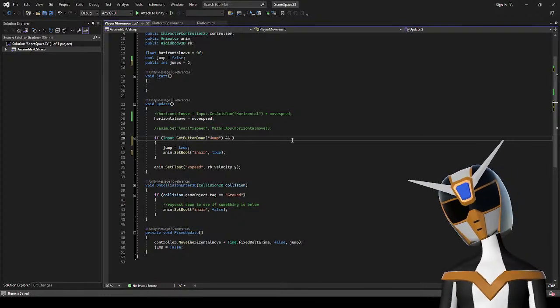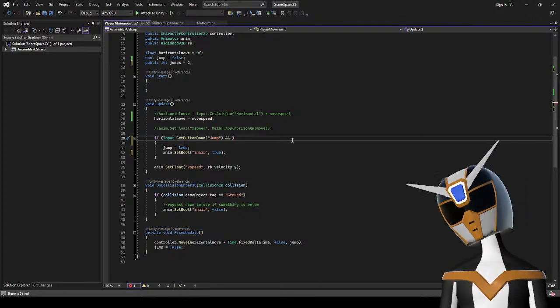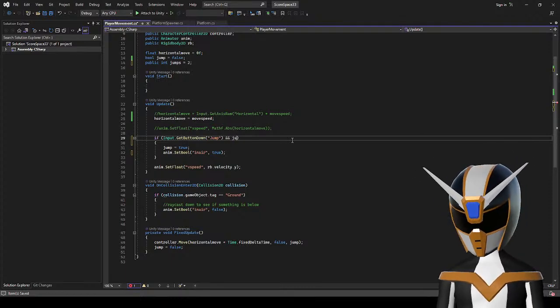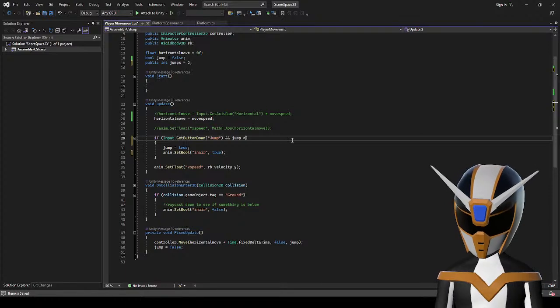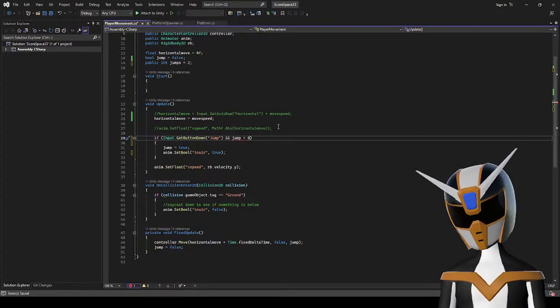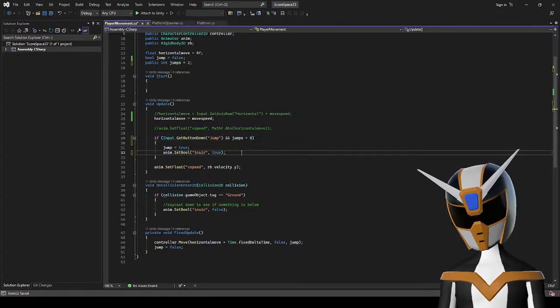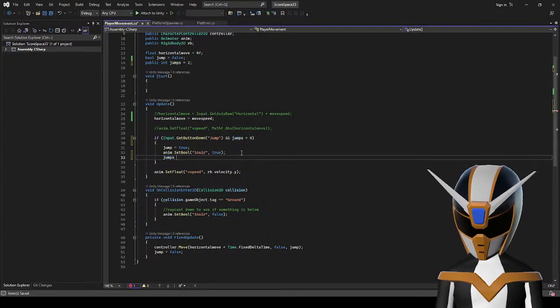And let's say and jumps is greater than 0. And then I can go jumps minus equals 1.